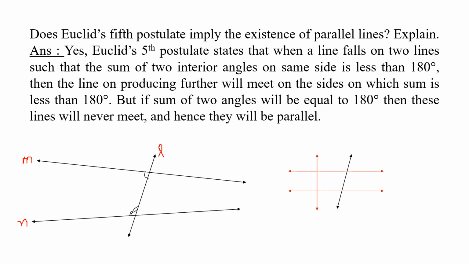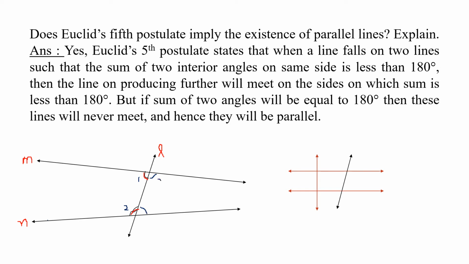Now we saw there were four interior angles. So let us call this angle 1 and let us call this angle 2. Now when we add angle 1 and angle 2, it gives you angle more than 180. Now because it gives you more than 180, the lines will never meet on this side. But if you add this angle, say angle 3 and angle 4,